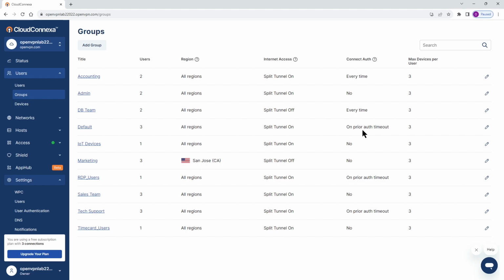When it's set to on prior auth timeout, that means that the user won't be prompted for credentials during the next 24 hours following a successful authentication. That means that a user logs in the morning, they get presented with the authentication requirements and the two-factor authentication in this case. And then for the rest of the day, or the 24 hours following that time, they won't